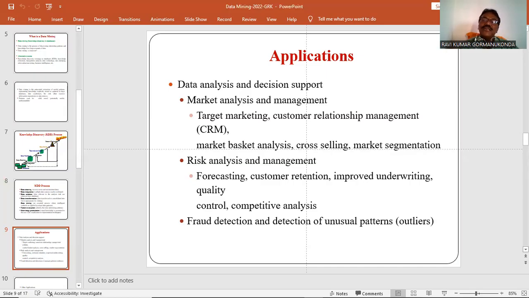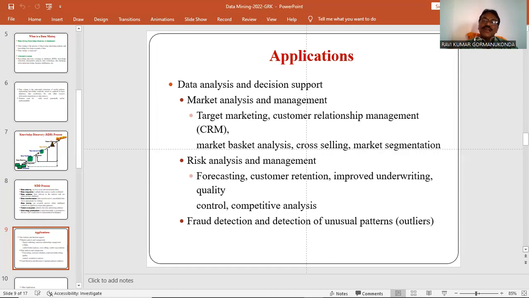And one more, risk analysis and management: forecasting sales, customer retention, improved underwriting, quality control, competitive analysis.